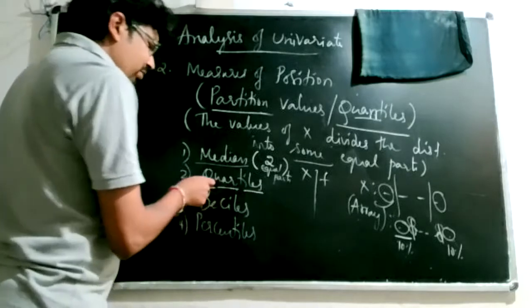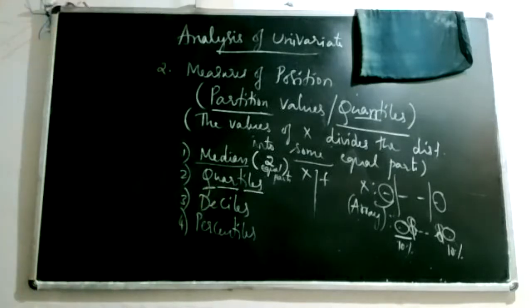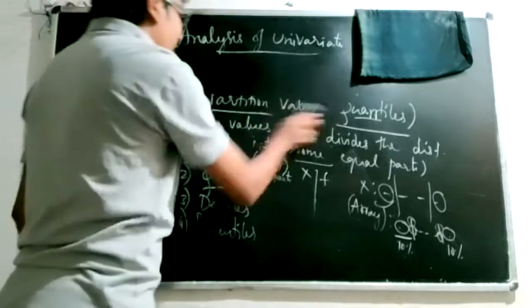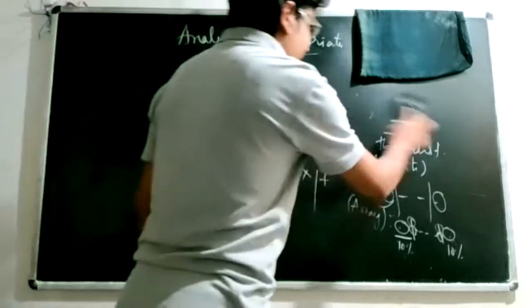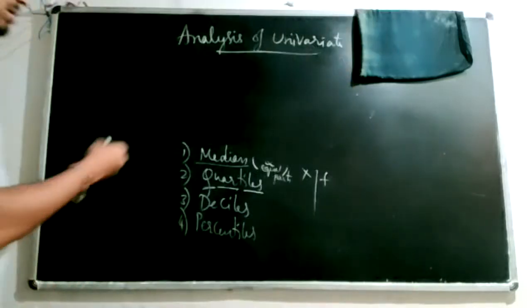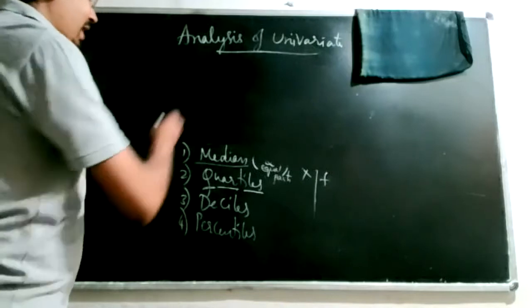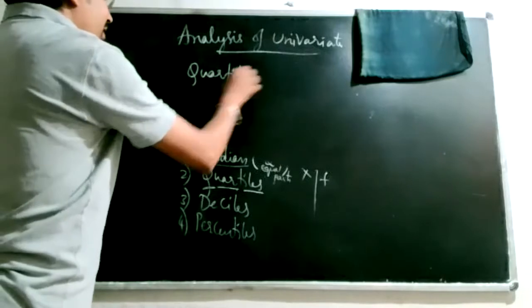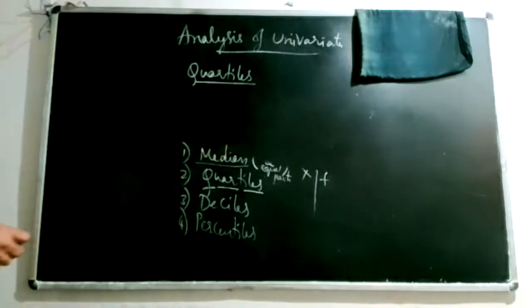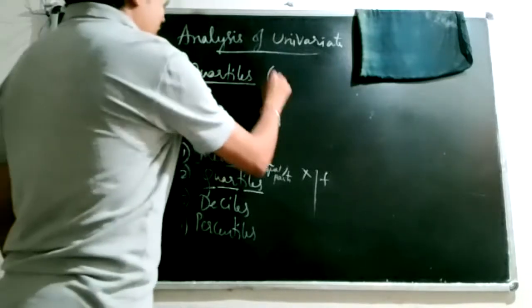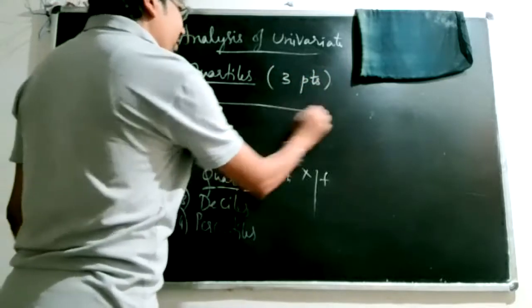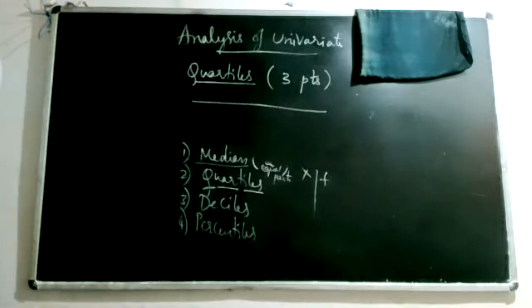Sometimes you need to divide the distribution into 4 equal parts. In that case, we talk about a measure called quartiles. Now, quartile has much importance in statistical data, and it also has applications in further analysis. Based on these quartiles, we'll look into other properties and behavior of the data. These quartiles are basically 3 points. And if you imagine that a distribution has